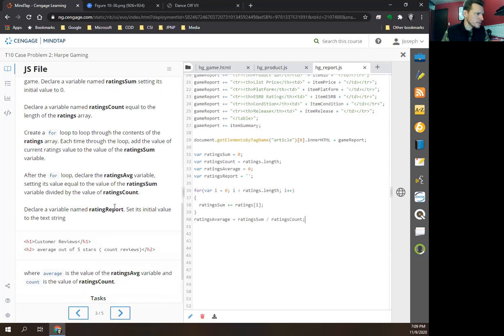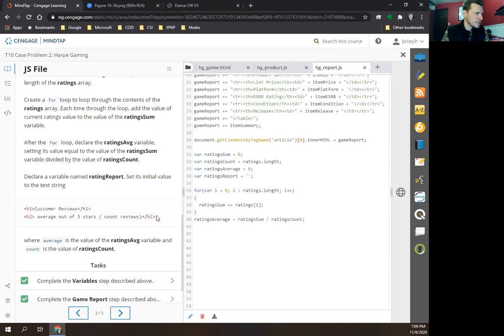And we had to do something else in here. We had to take ratings report and make it equal to all this. Plus equals all this. And there we go. If you have a multi-line string in JavaScript, at the end of each line you put a backslash, and that tells it to go to the next line. Otherwise it breaks. So ratings report, we initially set it to an empty string. Now we're adding to it